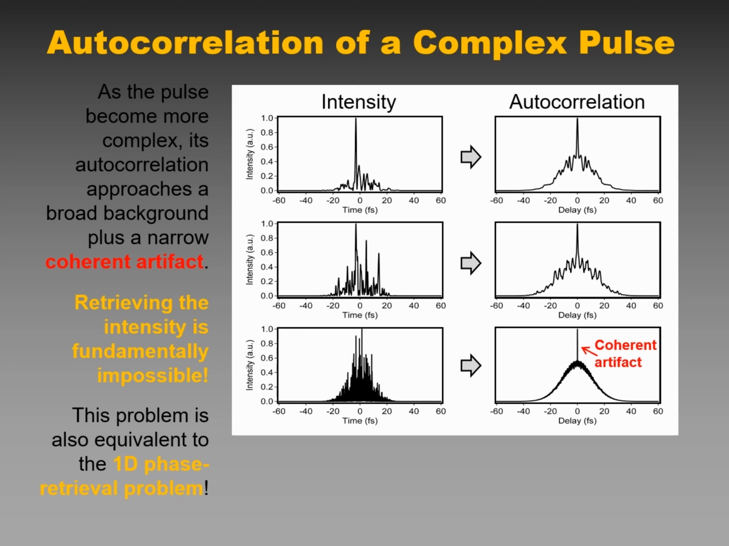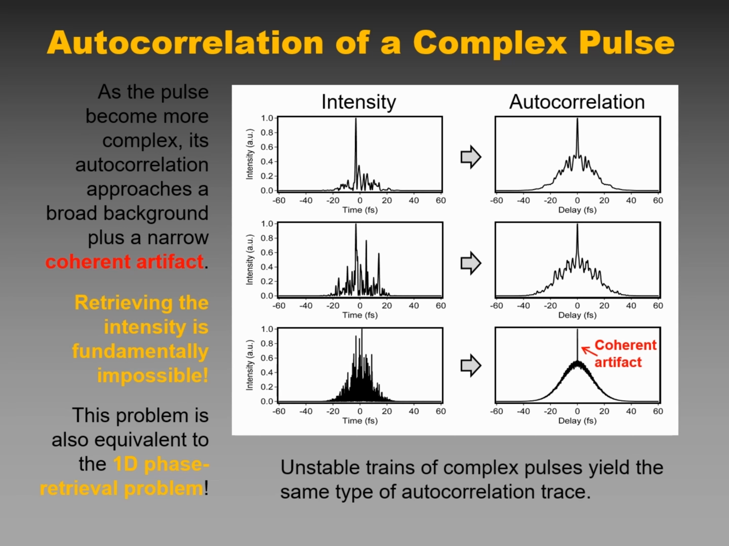It turns out that retrieving the intensity from its autocorrelation is also mathematically equivalent to the one-dimensional phase retrieval problem, so the intensity can't be obtained from the autocorrelation. This problem is also highly ill-posed. Now, clearly, if every complex pulse has such an autocorrelation, averaging over an unstable train of complex pulses will yield the same autocorrelation. In the 1960s, this wasn't immediately known, and some researchers confused the coherent artifact for their pulse,